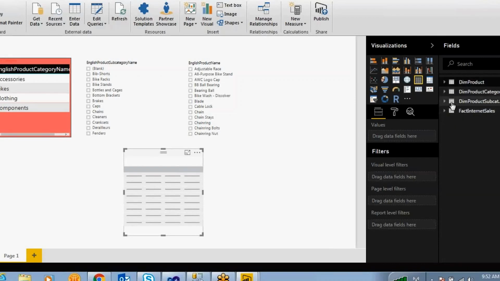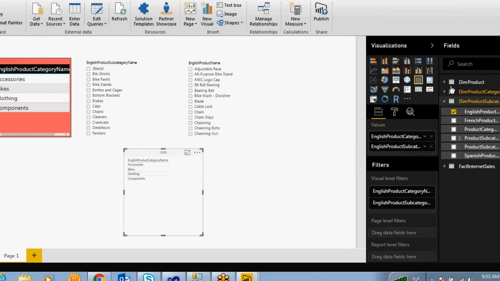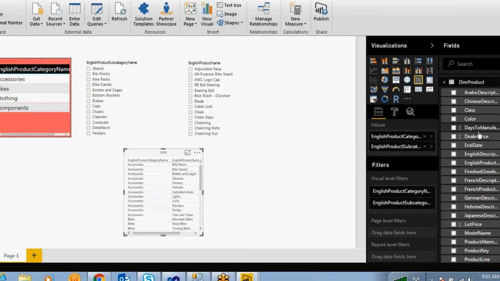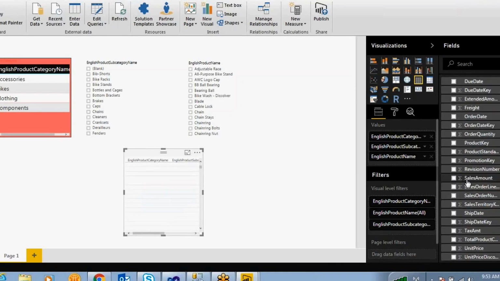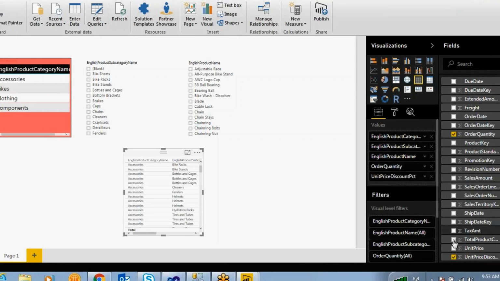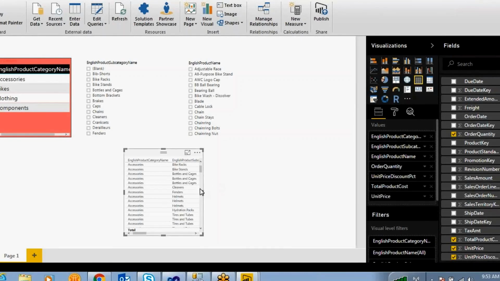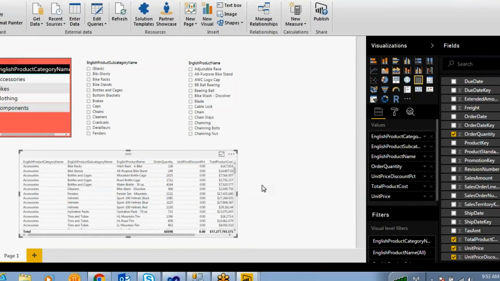For example, I'm going to take the category name for this one, and I want to take the subcategory name, and I want to take the English product name and some sales information, order quantity, unit price discount, total product cost, unit price. See, this report is coming. This is a table report.